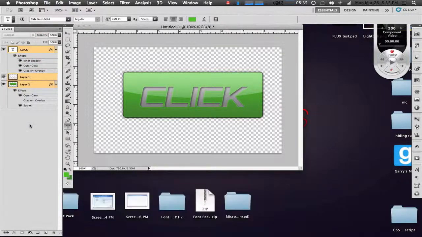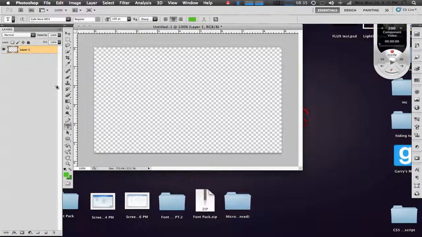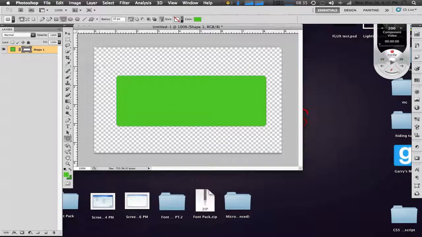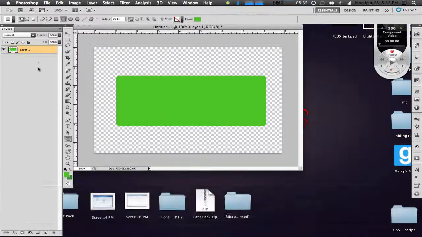So first, you want to make your new image, canvas, whatever you want to call it, and once you make that, you want to grab your rounded rectangle and just make a rounded rectangle basically, and then make a new layer, and then highlight them both, and then Command E on a Mac, Control E on a Windows to merge them both into one layer. So once you do that, you